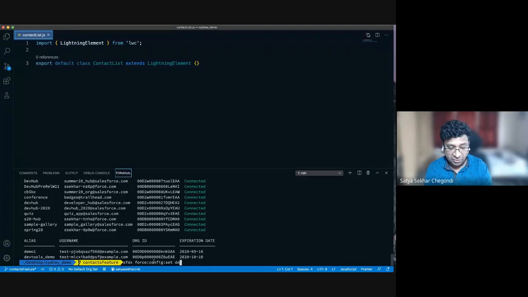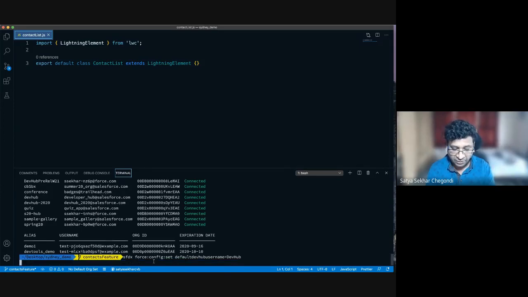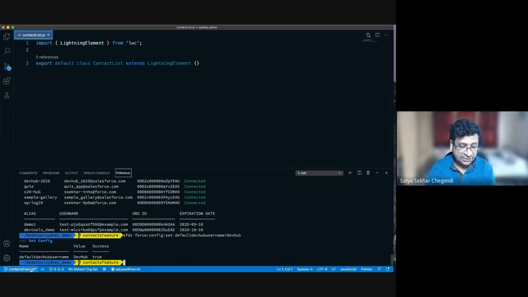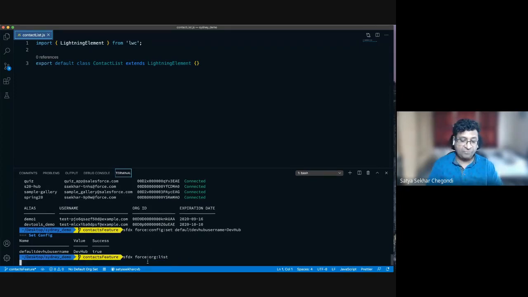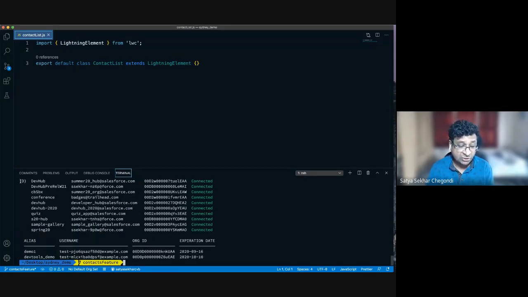set. I want to use default dev hub username equal to dev hub. Okay, so yeah, it has set the default dev hub username, and now you should be able to see the list of orgs here, and for one of the orgs which I have selected as the default dev hub org, it shows